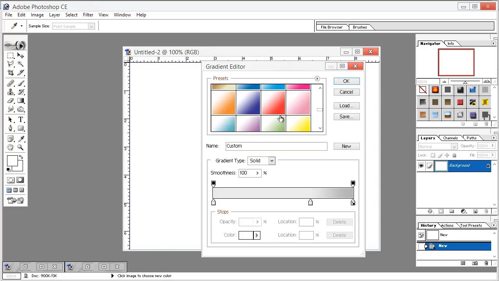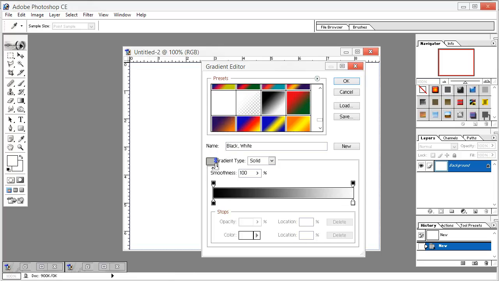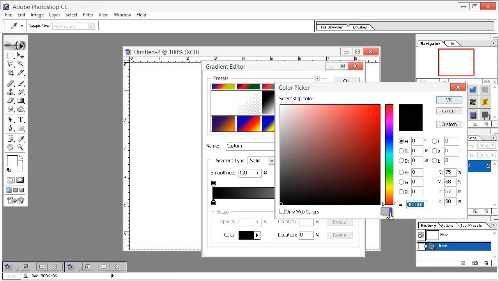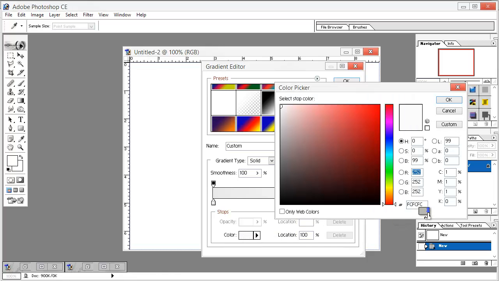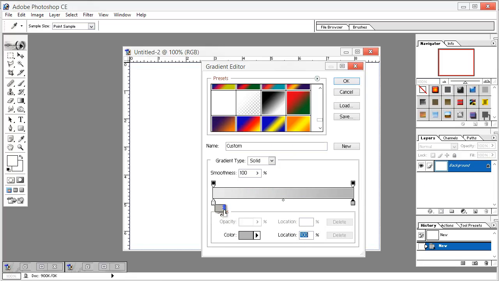which is this type, black and white. Don't hit OK, hit here, go to color and just type EB and hit OK. Then we select this color and type B4 and hit OK. Now what we do is drag our mouse here and drag onto the right side,